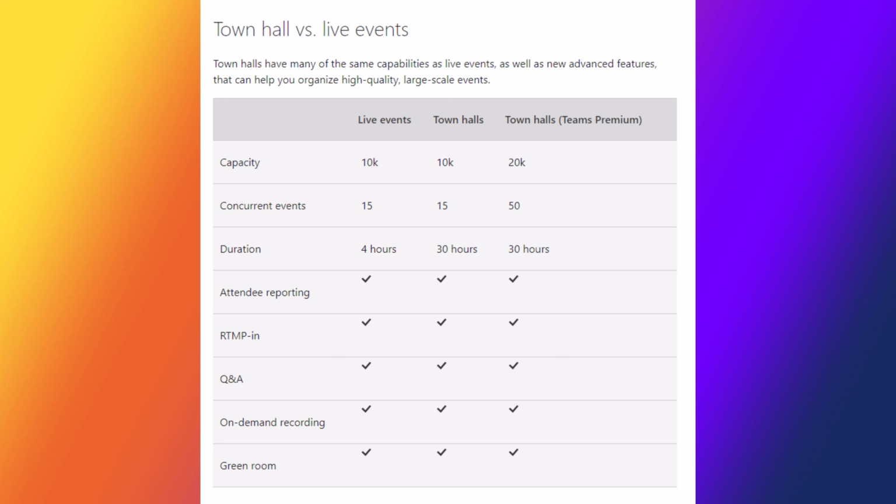I always think of those from legislature use cases, right? Where they have lots of committee meetings going simultaneously and lots of people coming in and out of a floor to add their commentary on various things. I could see why that might be a very important feature that wasn't part of Teams live events.